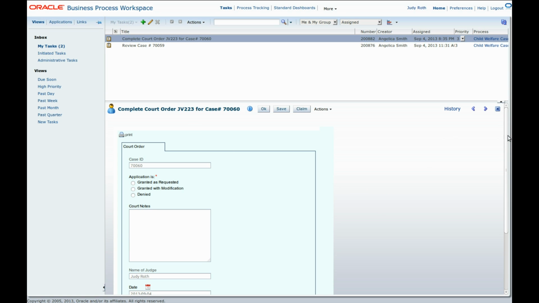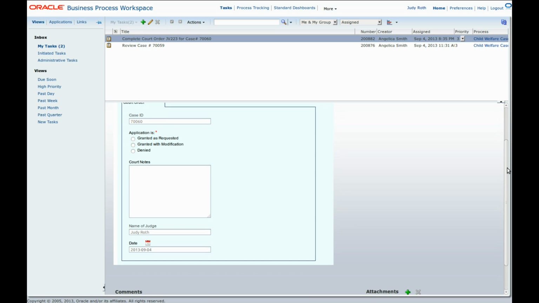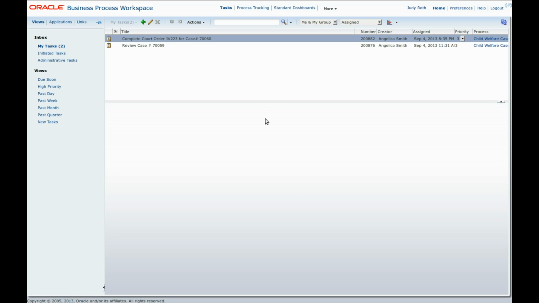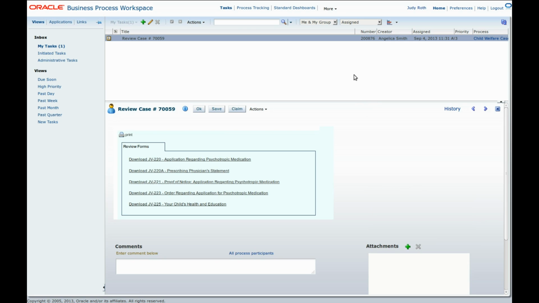And so the judge goes ahead and makes their determination. We're going to grant this with a modification, so we can put in, I hope the child gets well soon, we have the judge's name, the date, pre-filled, and so this is going to complete the PDF form by posting this information to that. And so now if I log out as the judge here